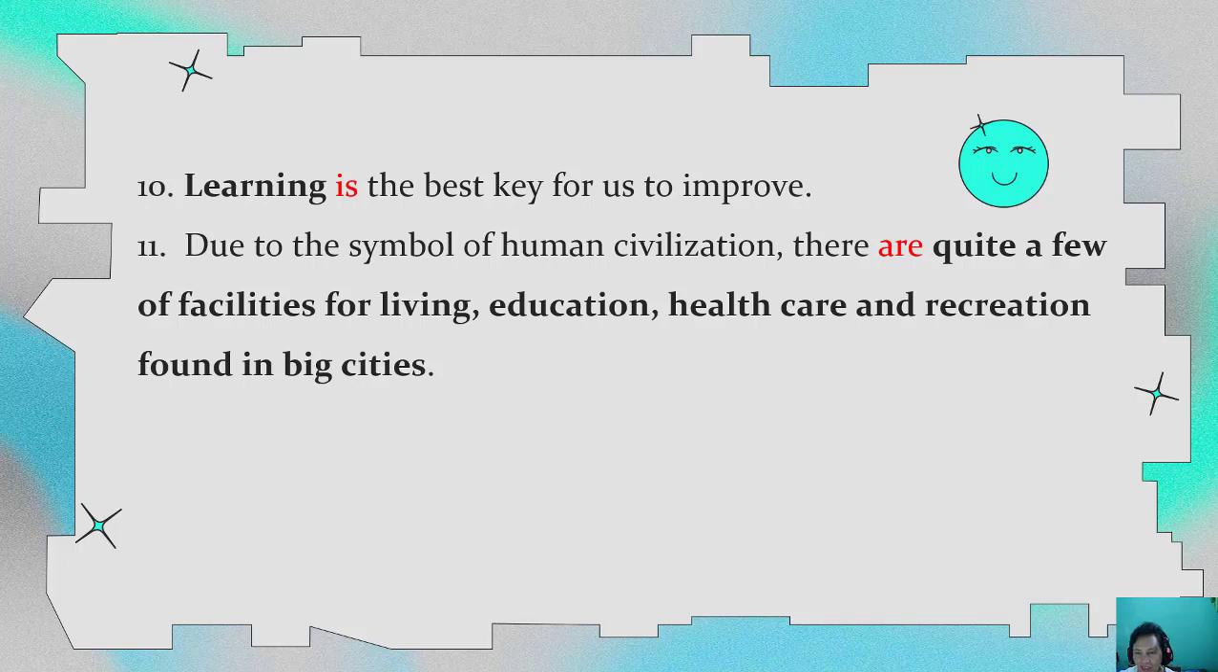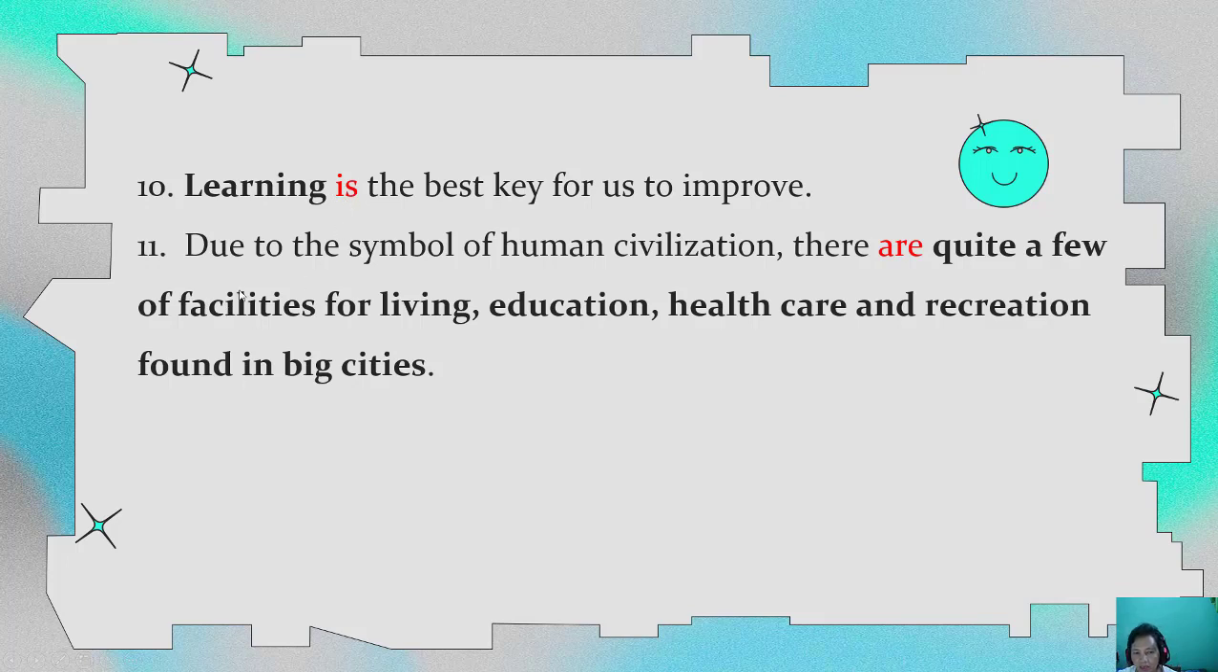It is like what I told you before in number 9: when a verb functions as the subject, as the object, or as a noun, the position is the same as the noun, it is called a gerund. So learning is a gerund. You can find or you can learn about gerunds in my videos. So learning is the best key for us to improve. The predicate